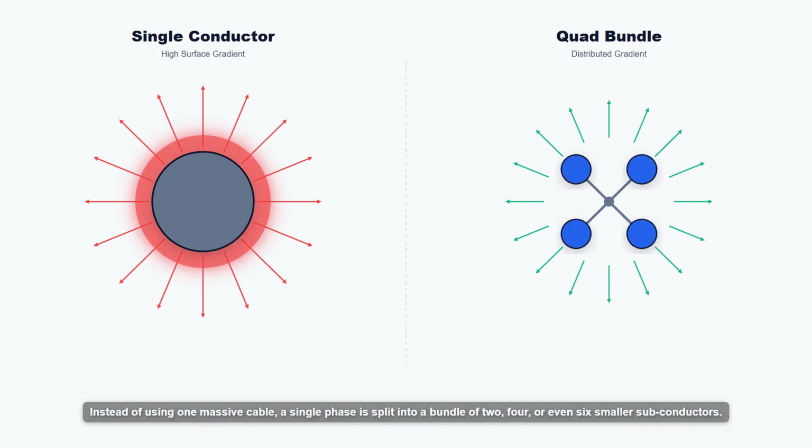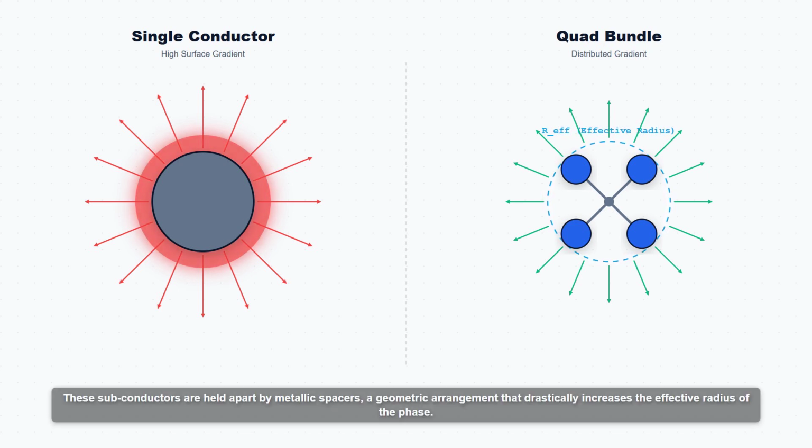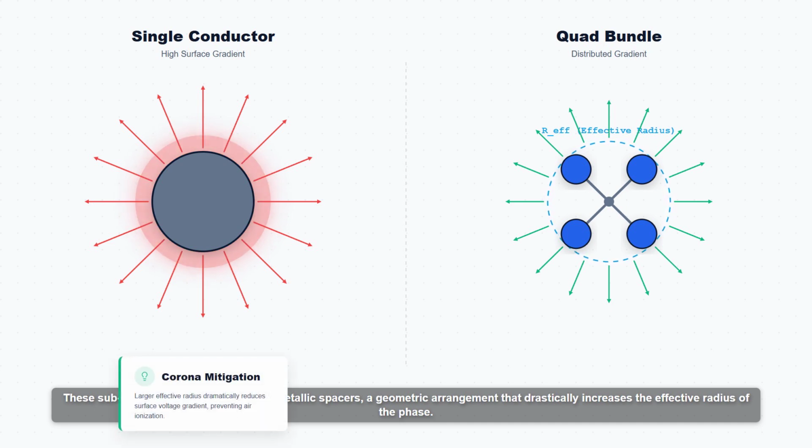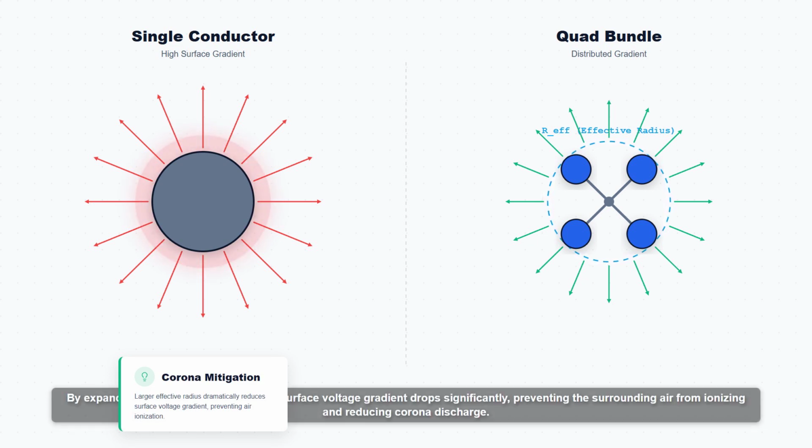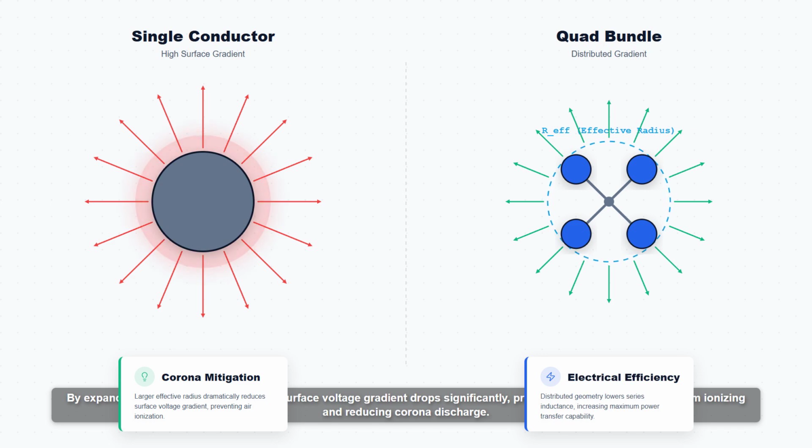Instead of using one massive cable, a single phase is split into a bundle of two, four, or even six smaller subconductors. These subconductors are held apart by metallic spacers, a geometric arrangement that drastically increases the effective radius of the phase. By expanding the effective diameter, the surface voltage gradient drops significantly, preventing the surrounding air from ionizing and reducing corona discharge. As an added benefit, this configuration lowers the line's series inductance, which directly increases the power transfer